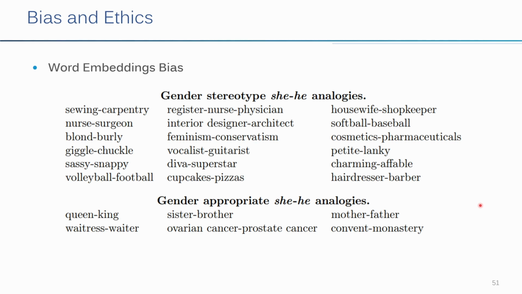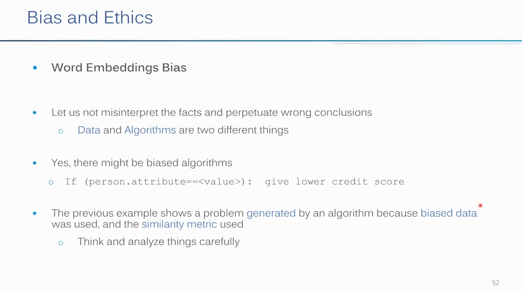And why are we bringing this discussion up? For two specific aspects. The first one, the difference between a data bias and algorithm bias. These are completely two different things. And also the concern of people when they're using, let's say, pre-trained models, towards the quality of the data these models are trained on, or more importantly, how these models are being used by a lot of people, who are multiplying whatever bias those models have. But in any case, I guess it's important again not to misinterpret the facts and perpetuate wrong conclusions, because